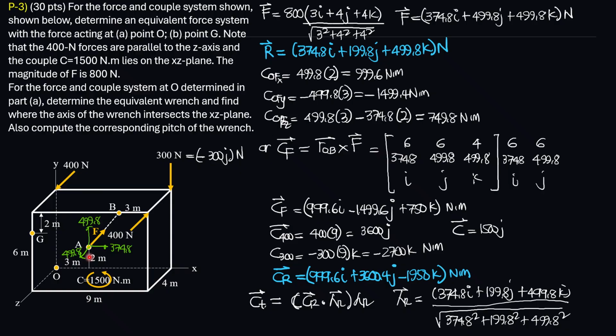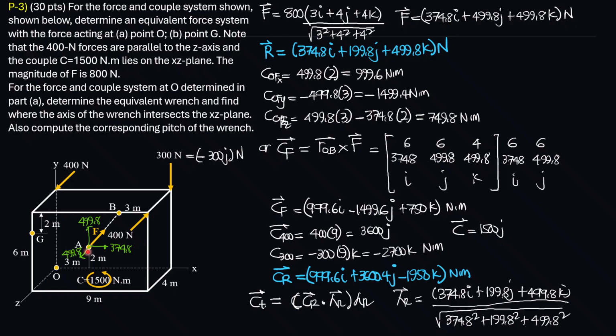There are two forces here because the 400 and 400 are forces of a couple. So the two forces are namely this 300 Newton force, which is downward, and this force here, which is directed from point A with coordinates 3, 2, 0 to B with coordinates 9, 6, 4. But anyway, we can describe that later.